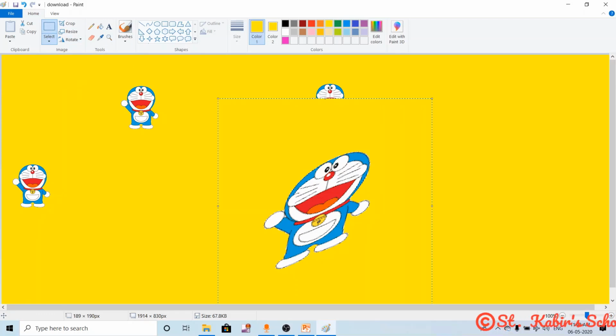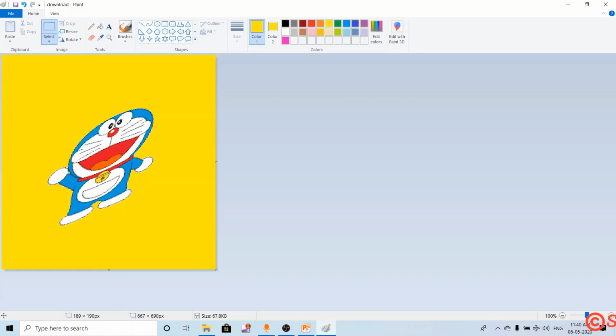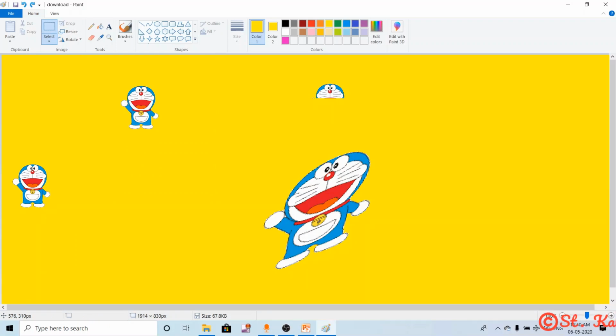Now, if you want only this selected drawing in the drawing area, and the rest everything should disappear, then you will click on crop tool. This is a crop tool. Click on it. So only the selected part will be there as your drawing. If I have cropped it by mistake, to undo this, Ctrl Z is the shortcut key. What is the shortcut key? Ctrl Z is the shortcut key to undo the previous action.